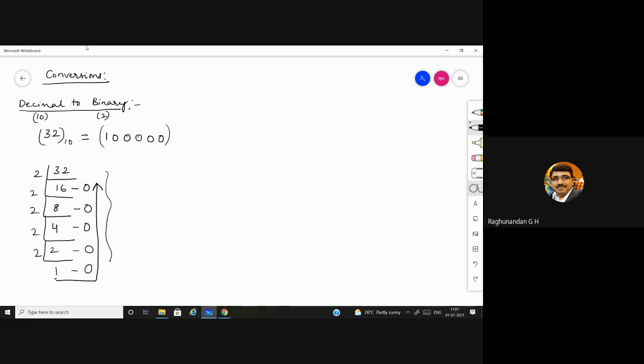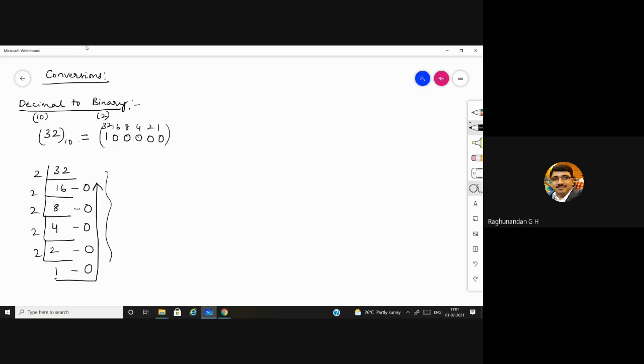So you have to show these steps. So you can check now. For 4 digits, you are having 8421. After that, 16, 32. So our answer is correct. 1 followed by zeros. That indicates 32. This is the binary equivalent of 32. Okay. This is the procedure for the whole number.